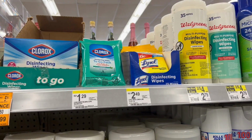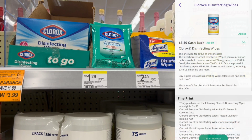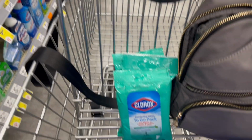So the first thing I'm grabbing to show you is the Clorox To Go packs of wipes. They are a 9 count. They're $1.29. You'll want to grab 4 of them, and that will equal out to $5.16. But then you're going to submit your receipt to Swagbucks. You will get back $3.50 for every 2 that you buy, and you can only do 4. So you'll get $7 back. And it does show in the fine print of the offer that it does count for the 9 count packages of wipes. So if you're doing this deal by itself, then these would be free and a $1.84 moneymaker,